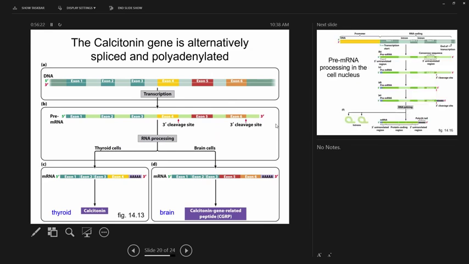Here's another example. The calcitonin gene is used in both the brain and in the thyroid, but different parts of it are used. In this case, there's an interesting difference in that by removing one of the exons along with the adjoining introns, you make use of an alternative cleavage site for polyadenylation. So here, exons 1 through 6, introns 1, 2, 3, 4, and 5. The pre-messenger RNA in both of these tissues looks the same,